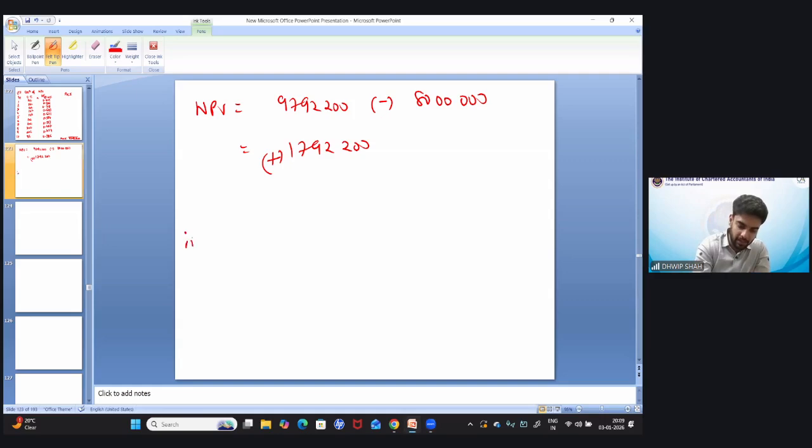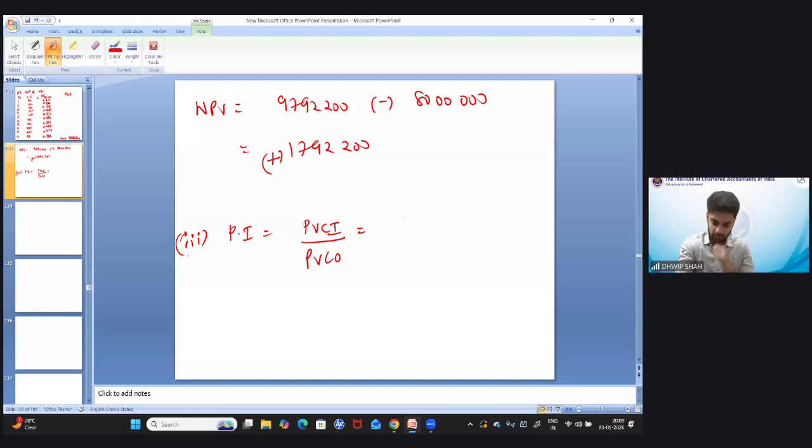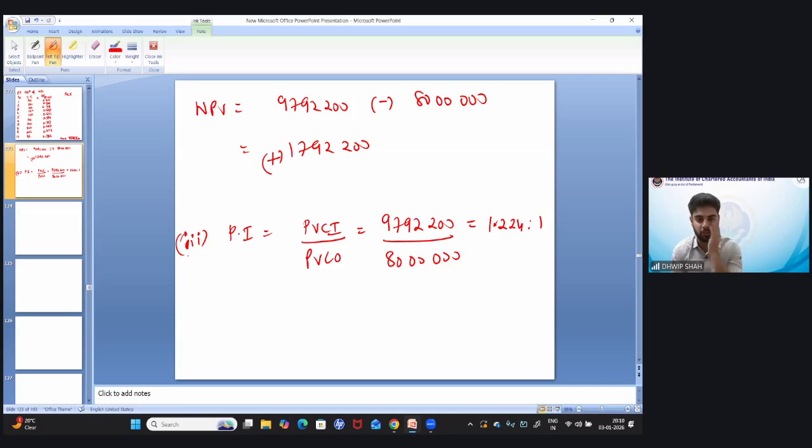Number 3, profitability index. This concept is born from NPV only, so PI is nothing but PVCI upon PVCO. 97, 92, 200 divided by 80 lakhs. So how much is profitability index coming? 1.224. 1.224 is to 1. ठीक है. So NPV मिल जाएगा, तो PI is very simple, उसमें कुछ अलग करने की जरूरत नहीं है. Last,